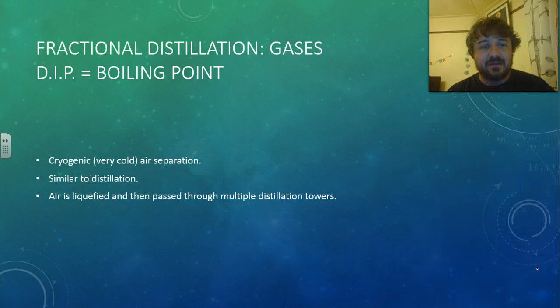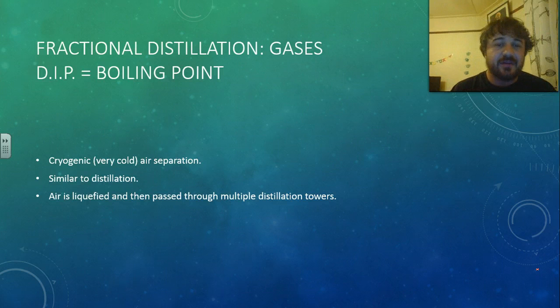And here's the thing. Now, fractional distillation. This is the hard one. We have this little bit of notes here. So basically, it's cryogenic, which means it's done with. So cryogenic air separation is used for gases. Cryogenic meaning very cold. It is similar to standard distillation, and it's really easy to use. Not really easy. It is the standard one for air. The DIP is boiling point. Okay,